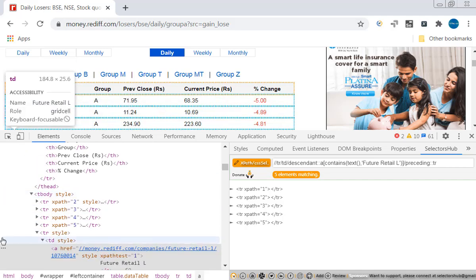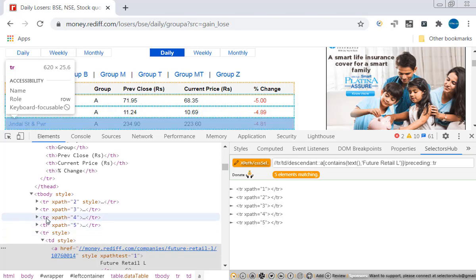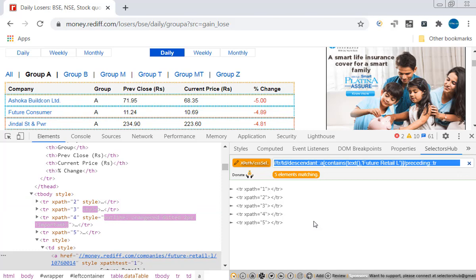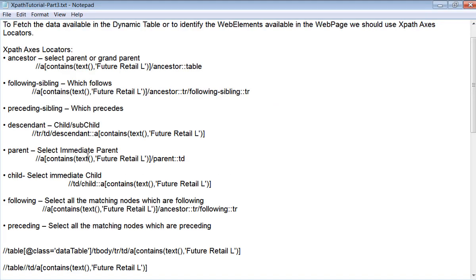Usually, what is the answer we are expecting? We are expecting the matching nodes as 1, 2, 3, 4. But preceding is giving 5 matching elements. Why? Because it is selecting table head content also. Let me write down this as an example.